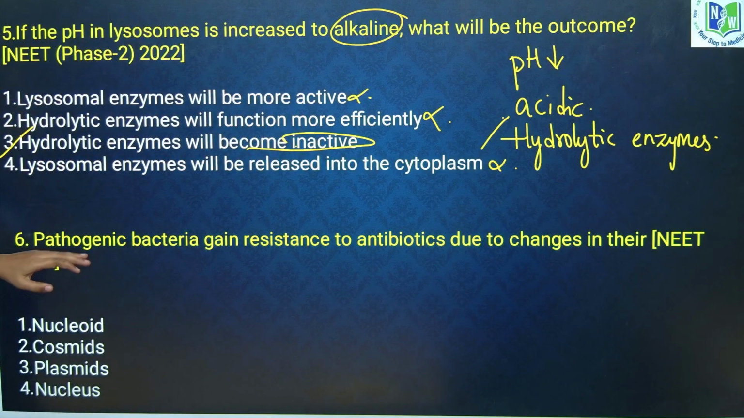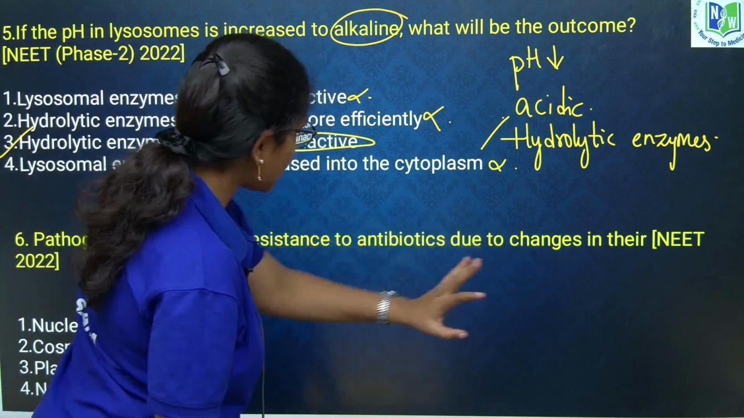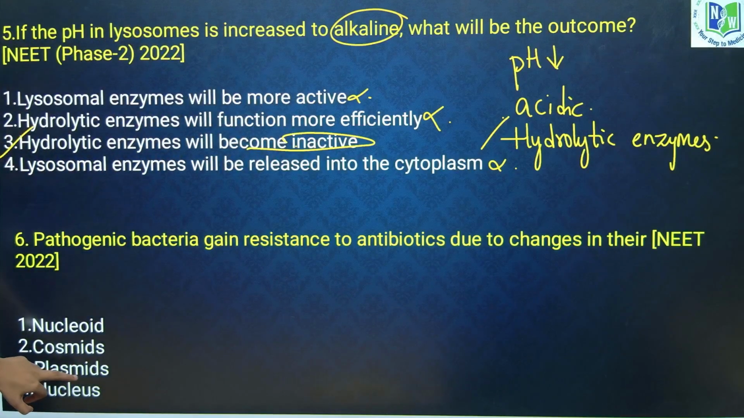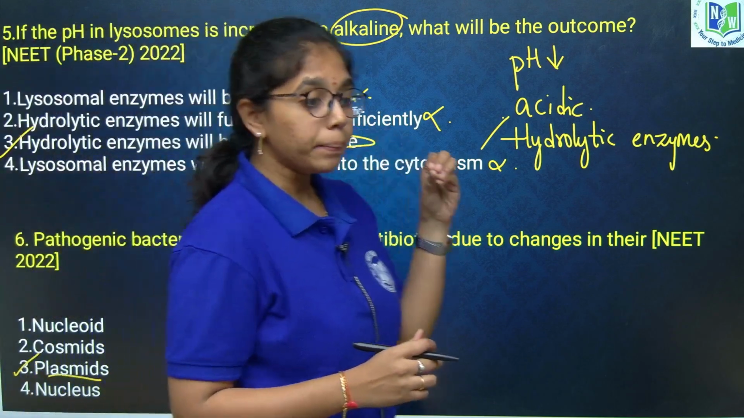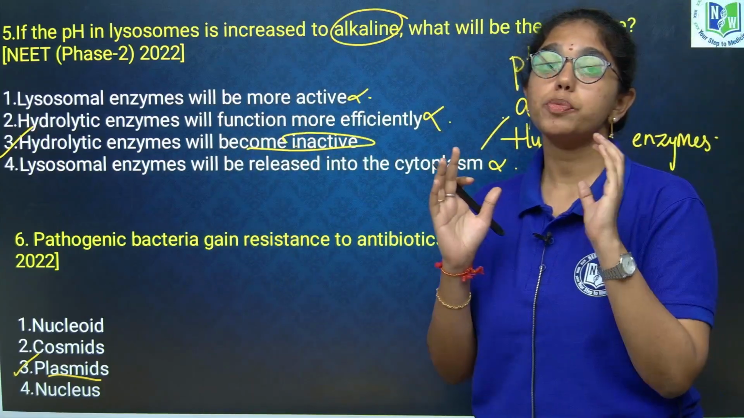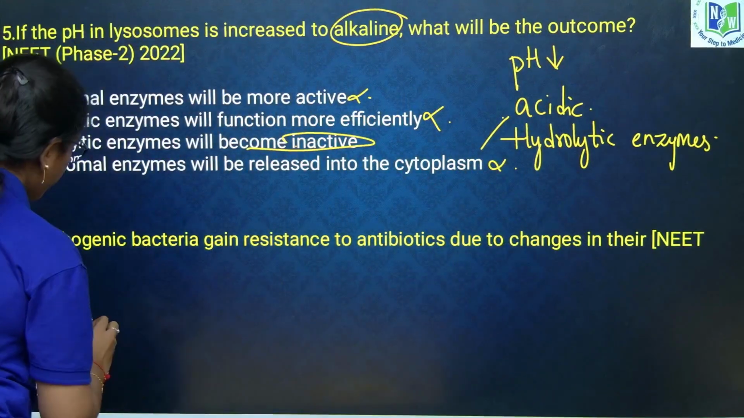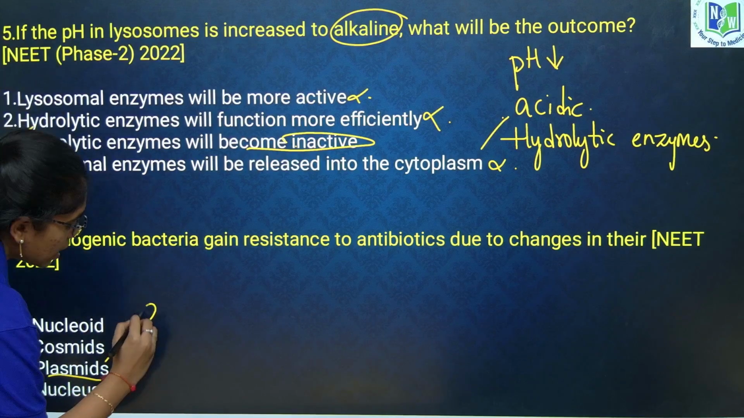Next question. Pathogenic bacteria gain resistance to antibiotics due to changes in their what? Due to changes in their plasmid DNA. We have discussed, right? Plasmid DNA will give specific phenotypic characters to the bacteria. Plasmids will imprint specific